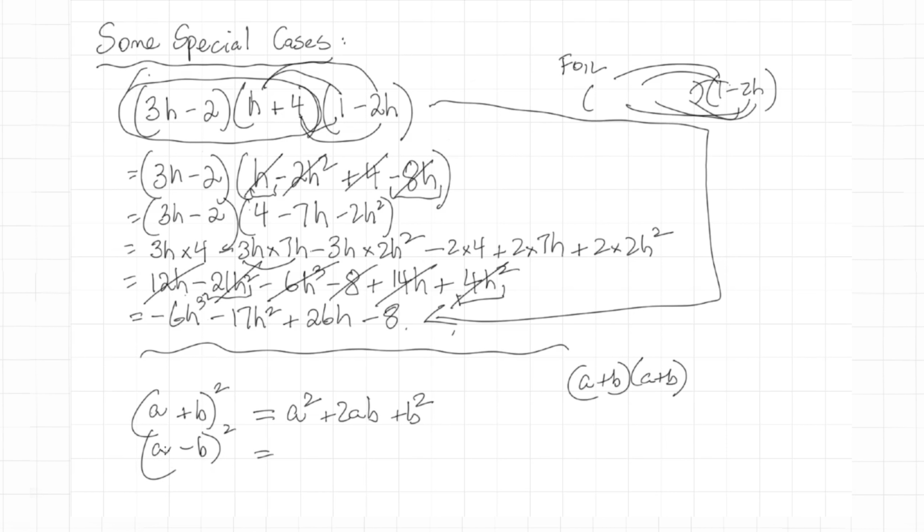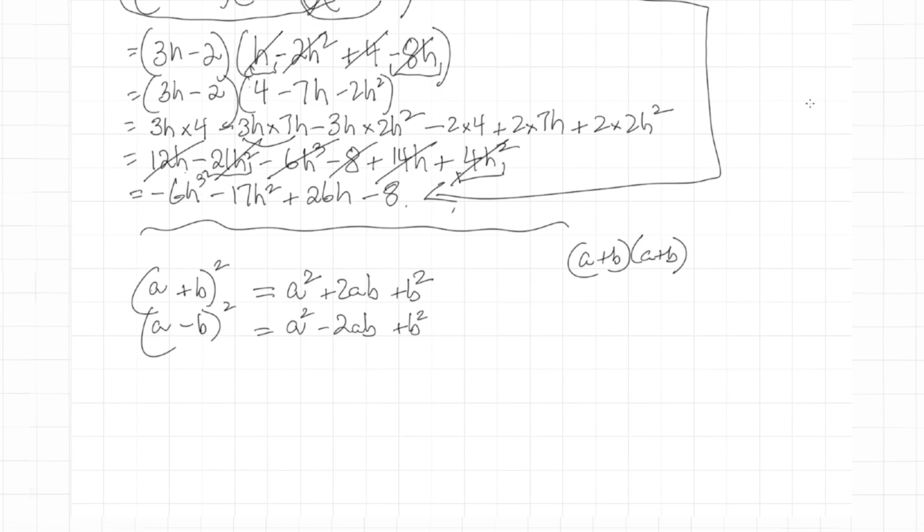Same method here, square the first term, we get A squared. Square the last term. Now the last term is negative B. Negative B squared is positive B squared. The product of the two is A times negative B is negative AB. Twice that is negative 2AB. So once again, I suggest that it is worthwhile